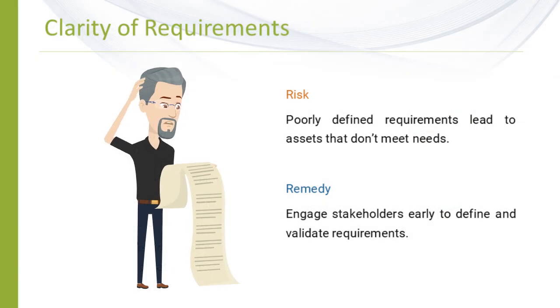All organizations struggle with clarity of requirements. There is a real risk that requirements aren't defined, aren't understood, sometimes brushed over, rushed through, which leads to, of course, the wrong assets being procured, being acquired, which therefore impairs our ability to deliver products and services to our stakeholders. The way around this, of course, is to engage stakeholders early, ask them what good looks like, consider it across the life perspective, and then validate those requirements as you do.